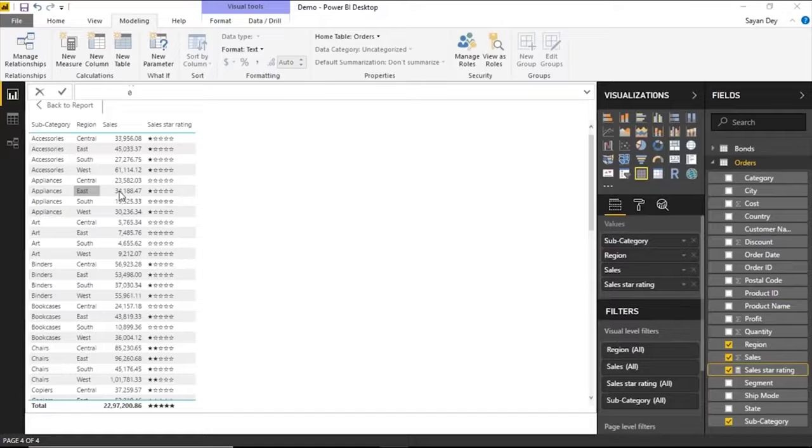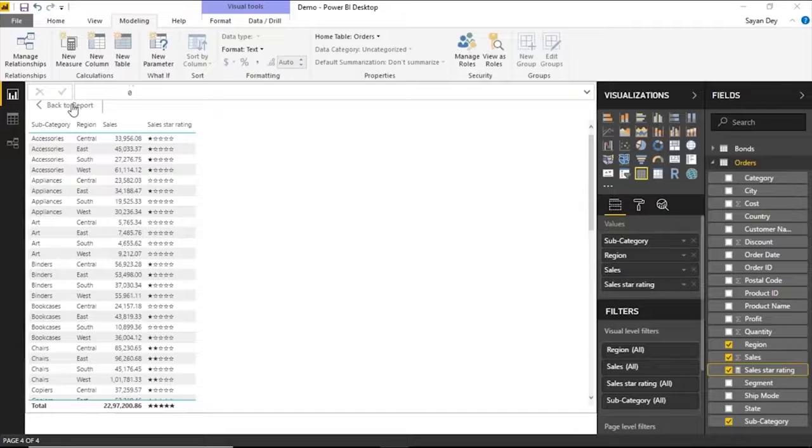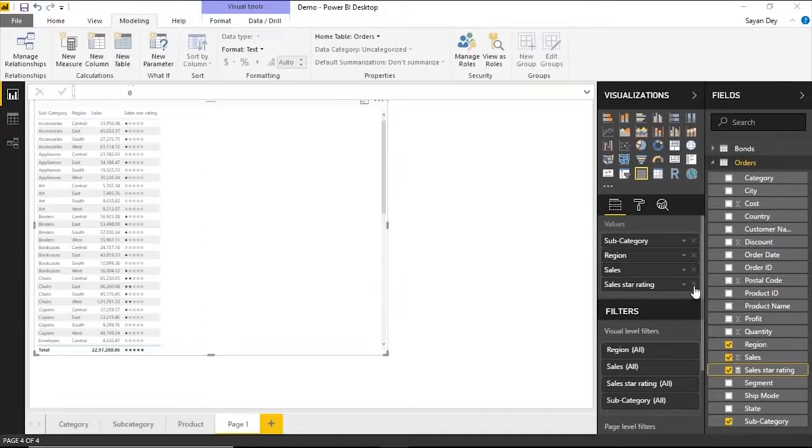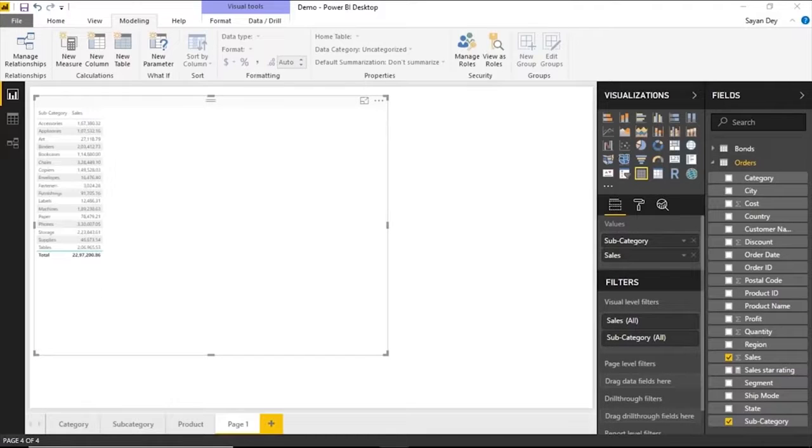Okay, and now you can see nothing is a 5 star. Everything is 2 stars, 3 stars, because the maximum that you mentioned is not reached by anyone other than the total, obviously. What I wanted to highlight again is that although you can solve this particular problem in a very simple manner, behind the scenes, Power BI will always write a DAX for you. So coming back to the underlying question once again, I am looking at my individual sales values